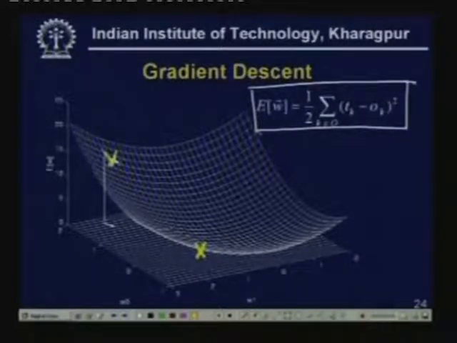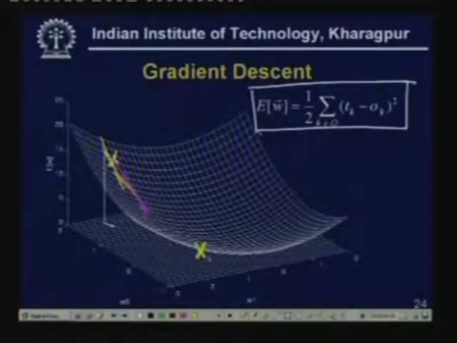So, what we will do is we will compute the gradient at this point of the error surface, and we will take a small step in the negative direction of the gradient so that we can descend the error surface, and we will go on descending the error surface until we reach closer to the global minimum,